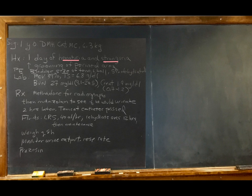At the time he was examined, he had a bladder the size of a tennis ball and was 5% dehydrated. You see the results there. The key and actually encouraging findings were that BUN and creatinine were only mildly elevated. This was picked up fairly early. So they gave methadone, which we'll just write over here, a mu opioid for pain management and sedation during radiographs,